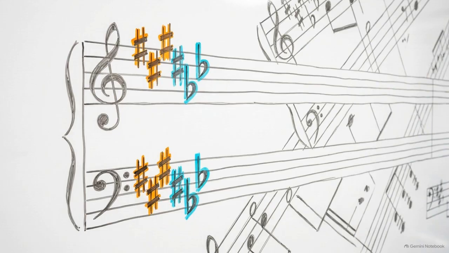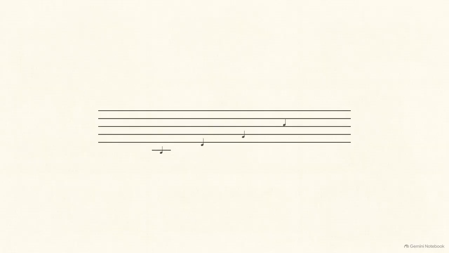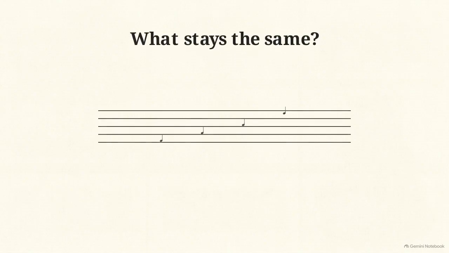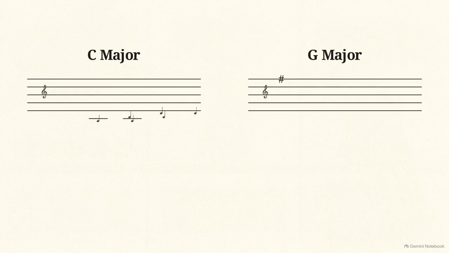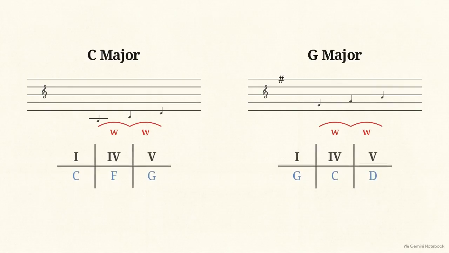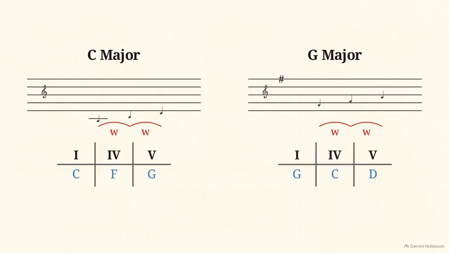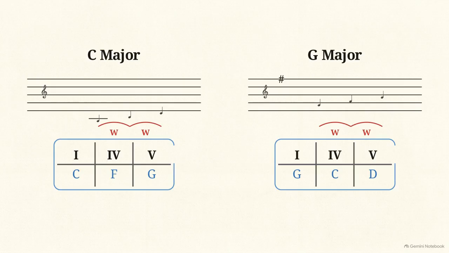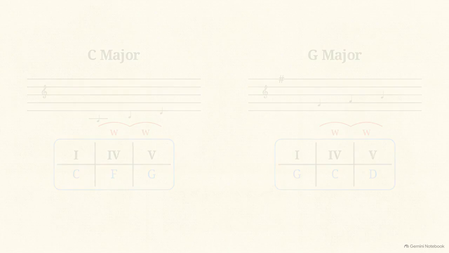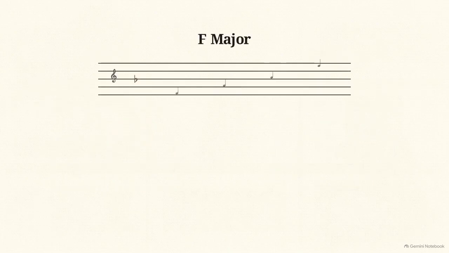Once you possess the piece, you apply the second pillar, transposition. This forces a shift in focus. If you change every single note in a melody, what actually makes it stay the same? When we shift our melody from the key of C major into G major, every absolute pitch changes. To preserve the music, we look past the surface complexity of specific note names. We focus on the structural simplicity of the intervals and harmonic functions, like the 1, 4, and 5 chords. These functional relationships remain identical across both keys. This proves that keys are structurally analogous systems.